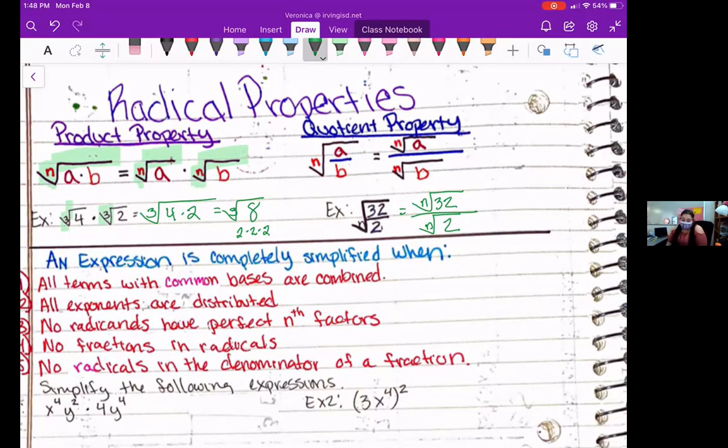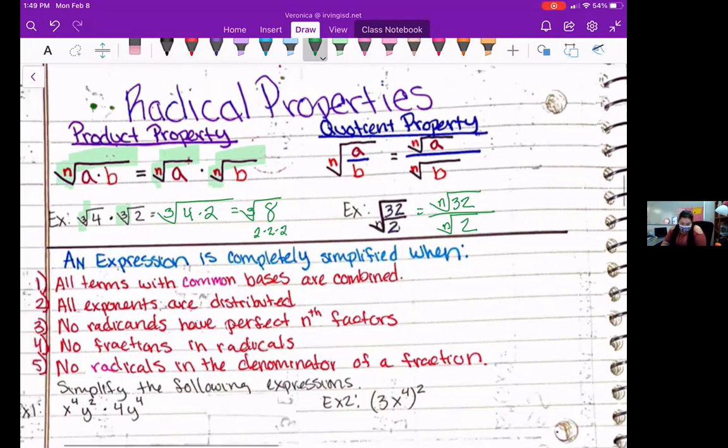Okay, an expression is completely simplified when? Basically, as long as you can't apply any more power properties or exponent properties, then you're pretty much done. That's pretty much everything that's being said there. Okay, so